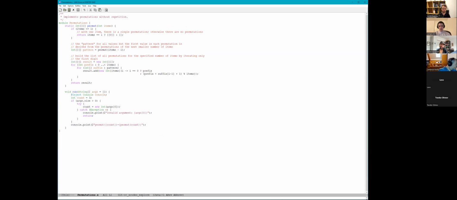So up on the screen is Ecstasy code. I'm trying to transpile to Java. It's doing some simple recursive algebra thing for counting permutations. I'll show you the output in a minute, but it does the obvious thing, gives you all combinations of 1s, 2s, and 3s, or whatever your argument count is.